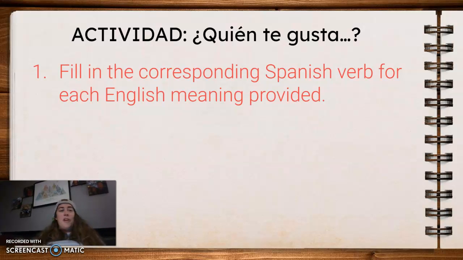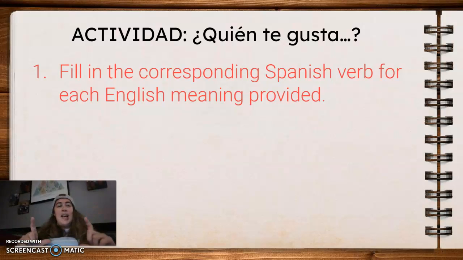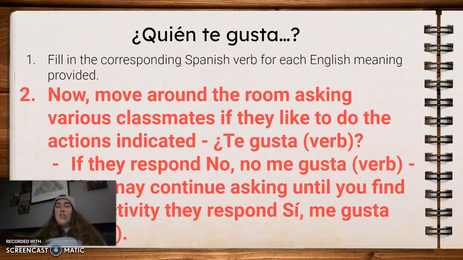All right, so for esta actividad, you need the half green sheet. First thing you're going to do when you get that is that on each square is a verb, but it's written in English. So what I need you to do is to just use your blue sheet or de tu memoria. You're going to write the corresponding Spanish verb for each of those English meanings that are provided. All right, now that you have those, what you're going to do is you need to find a classmate that likes